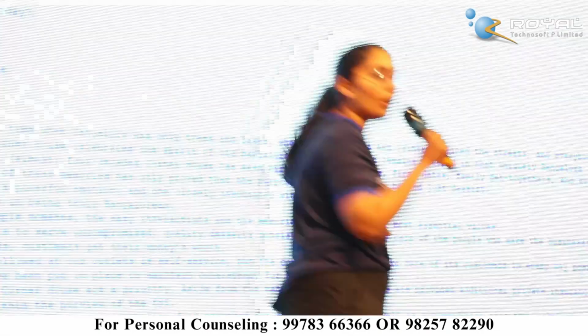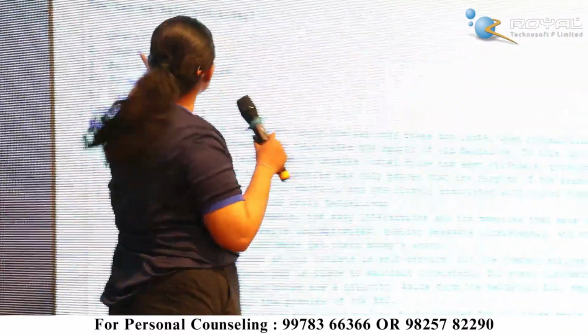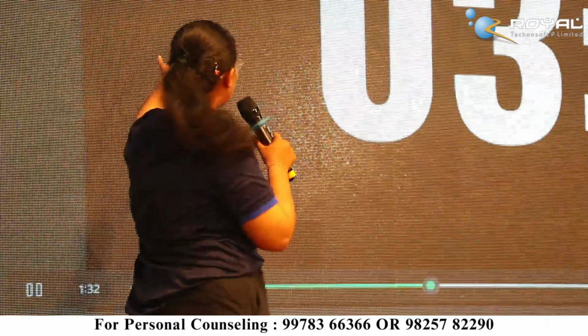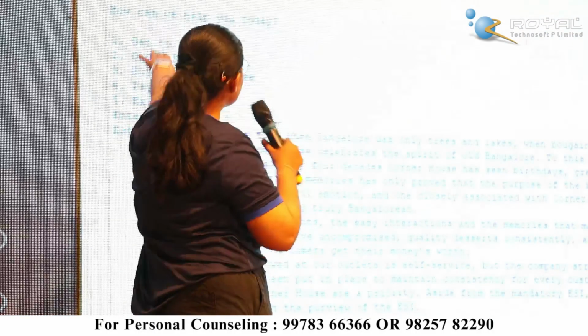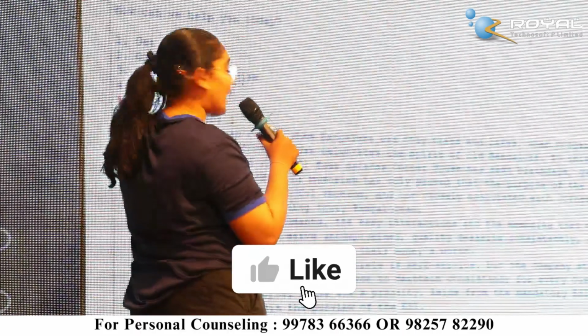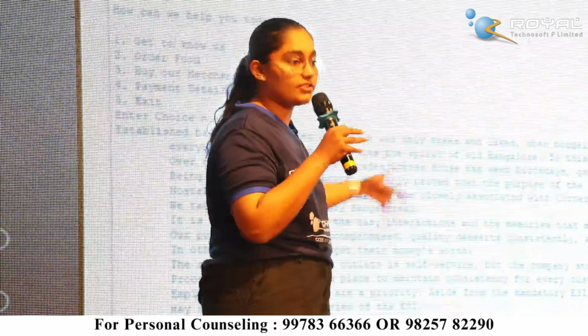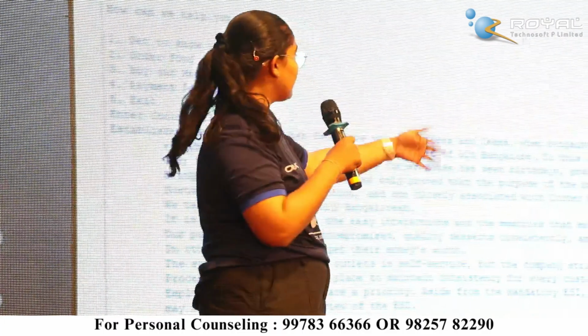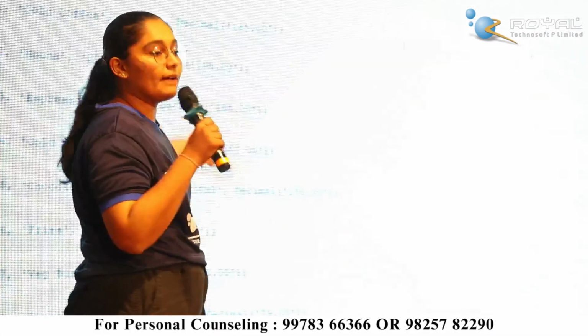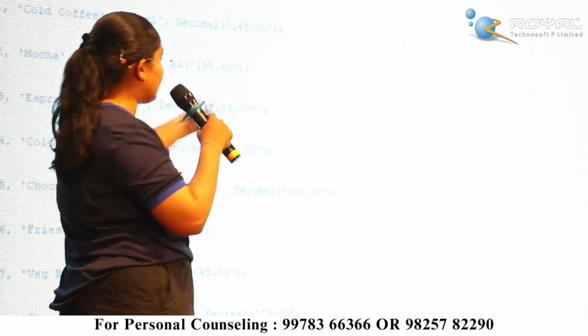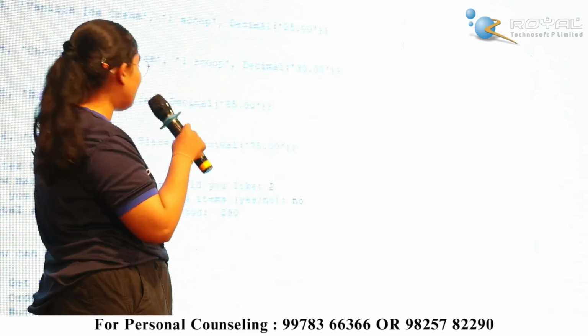This is the basic raw structure of the Python program. It starts with a hello message, then it will ask for customer details that you have to enter. Then it will ask you the options of what you want to do. First, it will ask you if you want the cafe history, then it will ask you for payment details. If you ask for cafe history, you get the cafe history menu. Then if you want to buy something, the menu will be displayed and then you will be asked what you want.